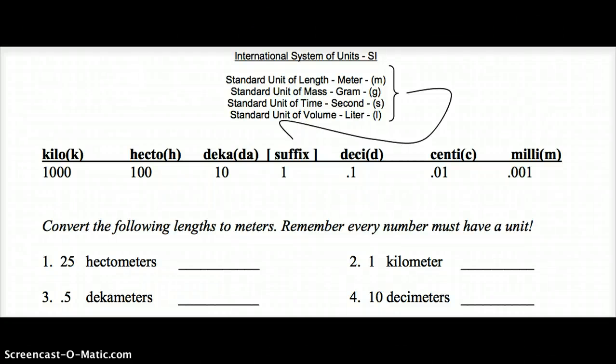Okay, so here is a mini lesson from Mr. Grotsky of how to convert within the metric system. The metric system is a very neat little system that's based on base tens. If you notice in my diagram, I have a suffix here, and this represents one of a certain kind of